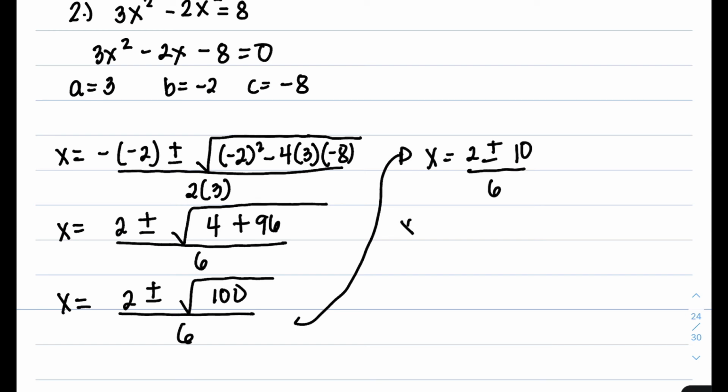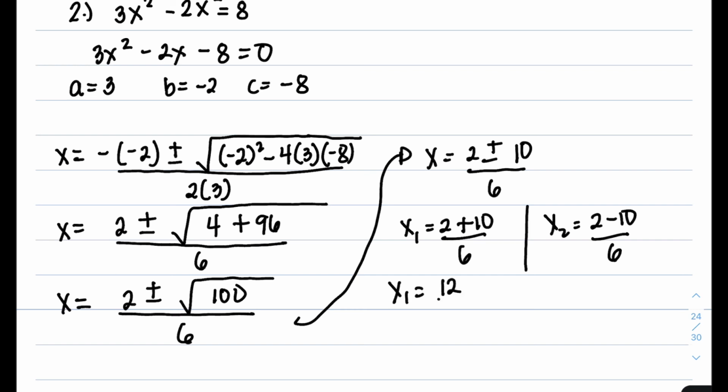Let's separate them: x sub 1 is equal to 2 plus 10 over 6, and x sub 2 is equal to 2 minus 10 over 6. So let's simplify. x sub 1 is equal to 2 plus 10, that is 12 over 6, or 12 divided by 6, so x sub 1 is equal to 2. Next, x sub 2 is equal to 2 minus 10 over 6, so that is x sub 2 is equal to negative